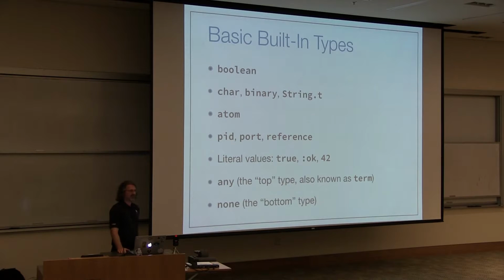Okay, so we've seen what type specs look like. What kind of types can you put in your type specs? Well, there's a whole range of them. All of your basic types that are built into the Beam and Elixir are available as types. Booleans, characters, atoms, strings, all sorts of things. You can even use literal values, like the literal value true or the atom OK. It's common in Erlang and Elixir for functions to return the atom OK to say everything went all right. Well, you can encode that into your type spec just by putting that atom in there as if it were a type. And you've got top and bottom types, should you ever need those. Any is the top type, and if you don't know more specifically what type you're dealing with, then you can use any.